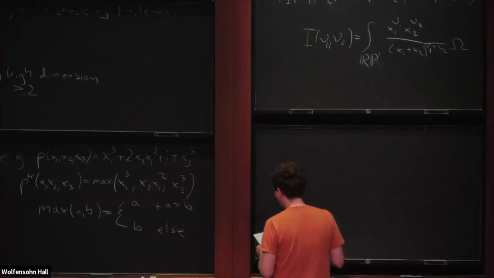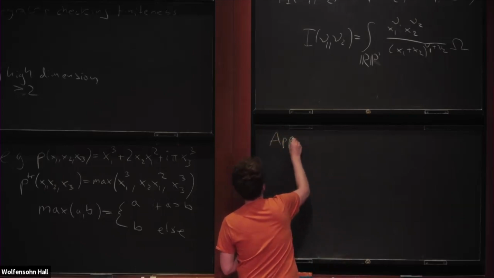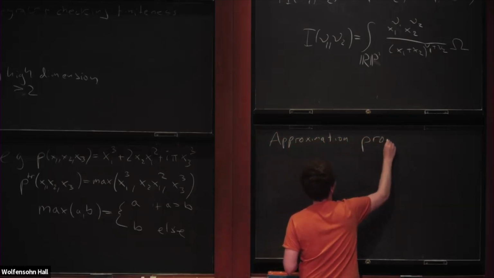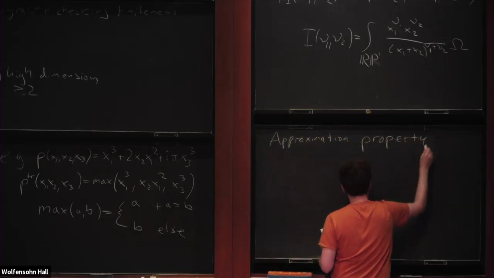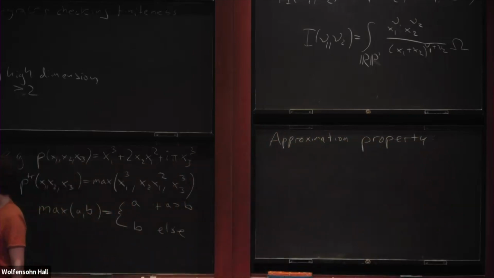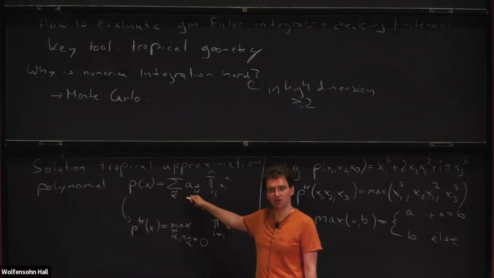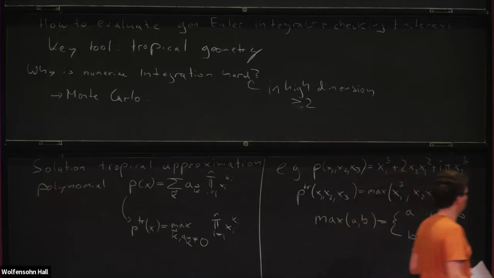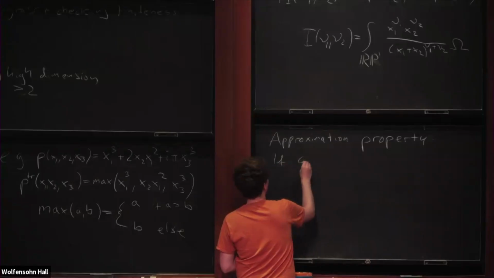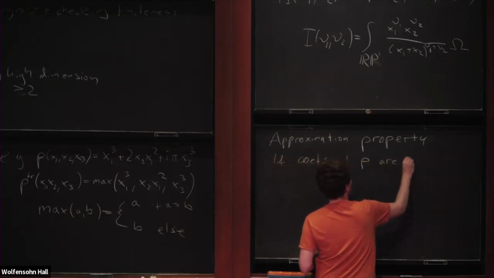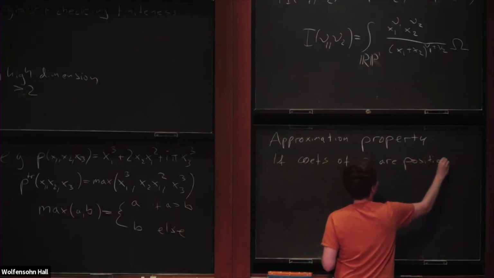But this has a nice property, the approximation property, that says that if the coefficients of P are positive, and there are again some exceptions to this, so we can generalize this a bit and allow also for negative coefficients in certain cases, then